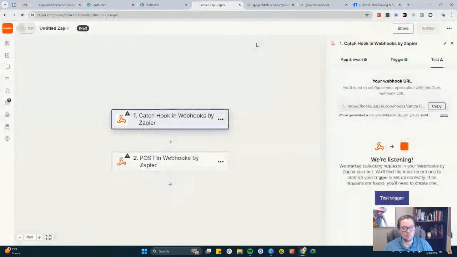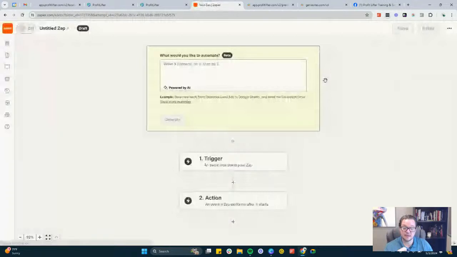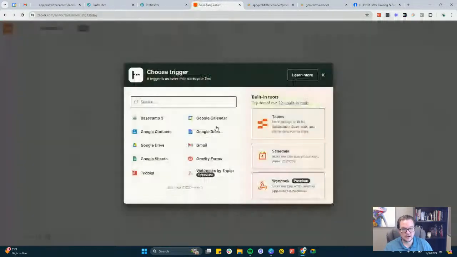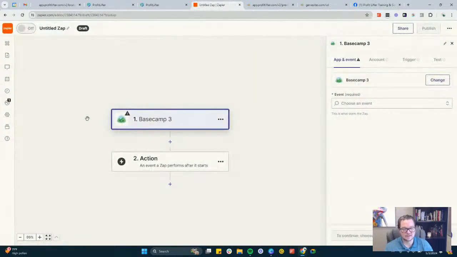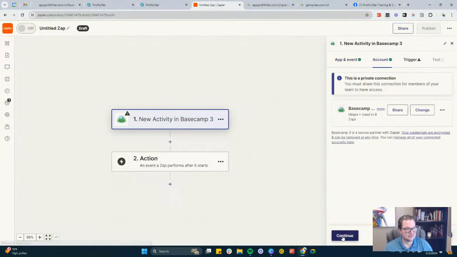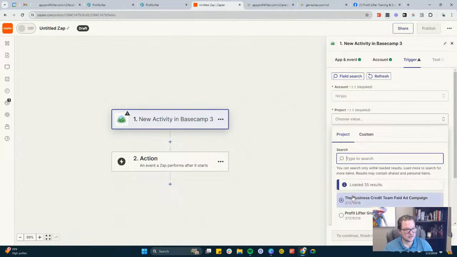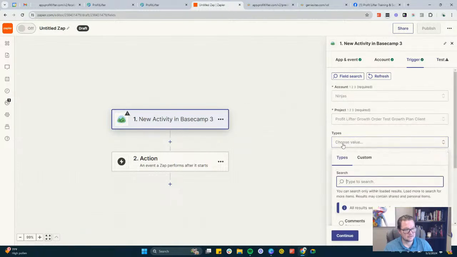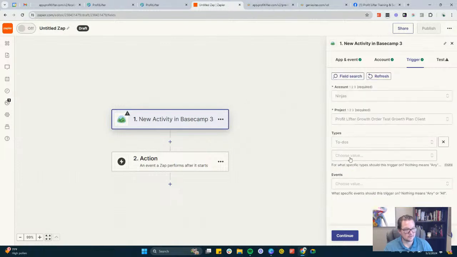You do have the ability while you're in Zapier that you can come in, and if it has a native Zapier integration, you can come in here and go set it up. Like we use Basecamp for all of our project management. So I can say, okay, if I'm in Basecamp and a new activity happens, and it's going to take that, and I'm going to choose my account project. It'll let me choose what projects it is, and then type, let's just say somebody marks off a to-do,